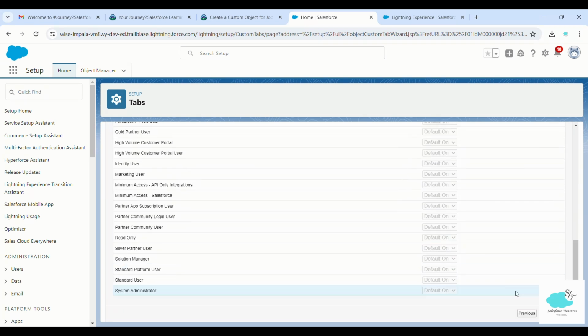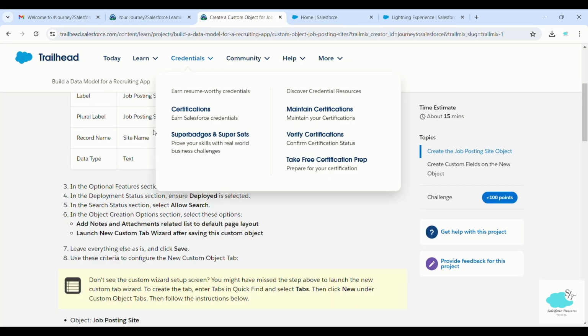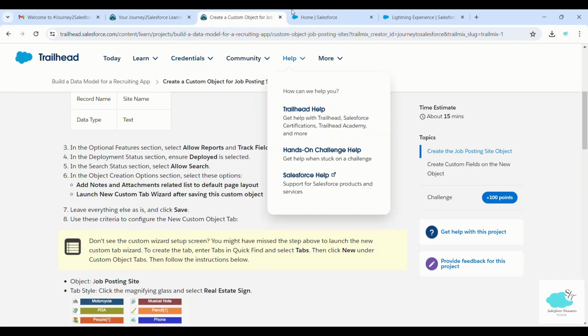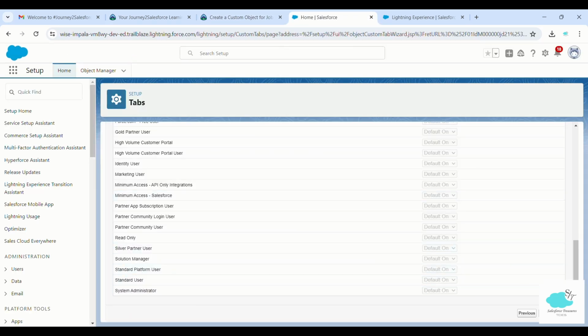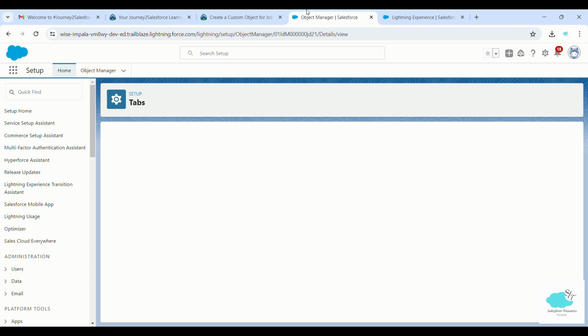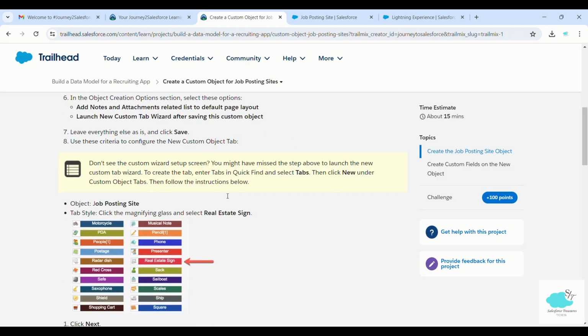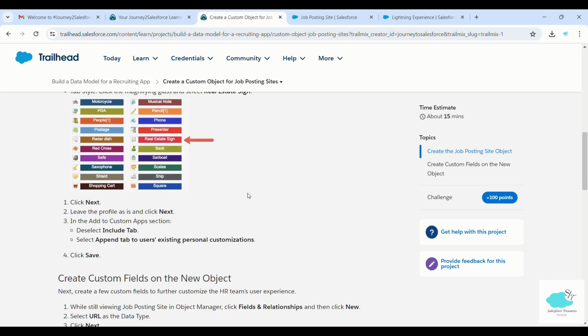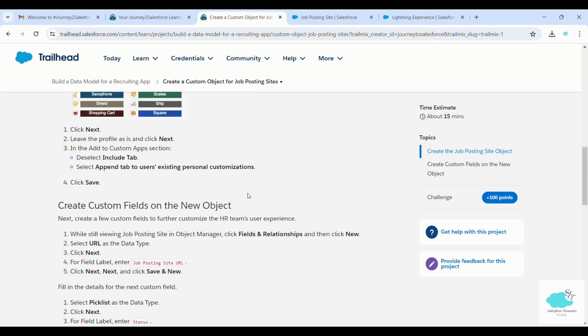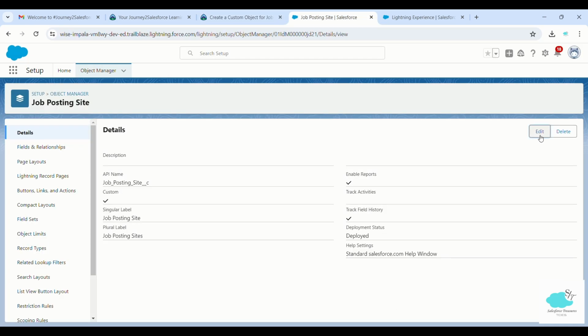And any changes we have to do? No, everything we have to leave as it is, like default settings should be the same, and we have to go for next, next, and save. And what we have next? Okay, I guess we have to have some changes there. So I'll go to edit again,